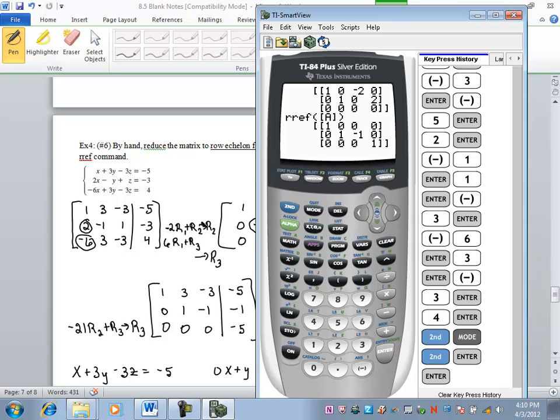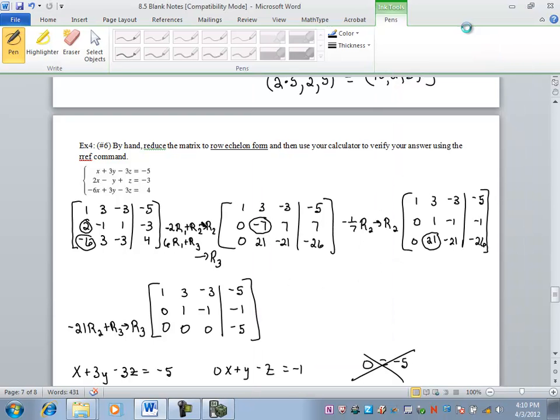Alright, so calculator is a great source here. We can use it to check. Please keep in mind, pay attention to directions. If it says reduce the matrix to row echelon form, I'm talking about doing it by hand. And so I've given you